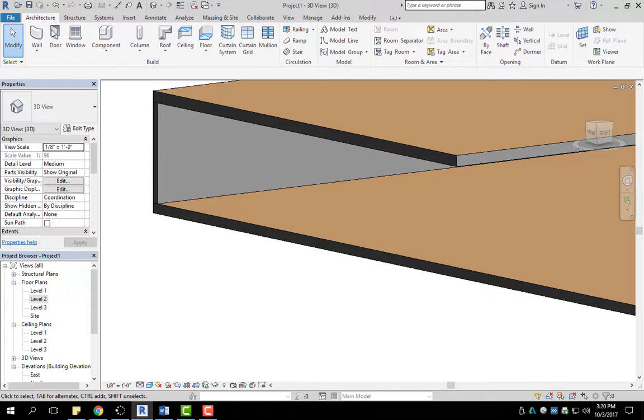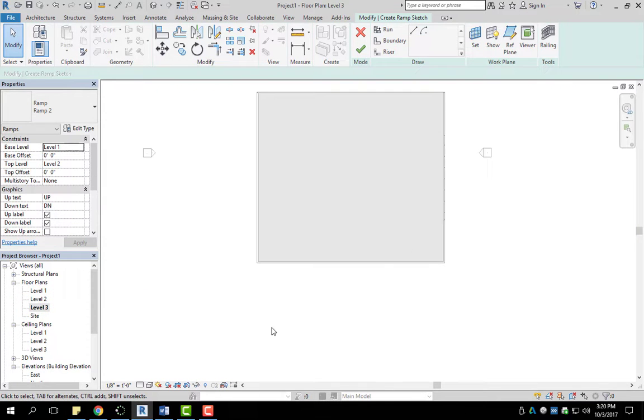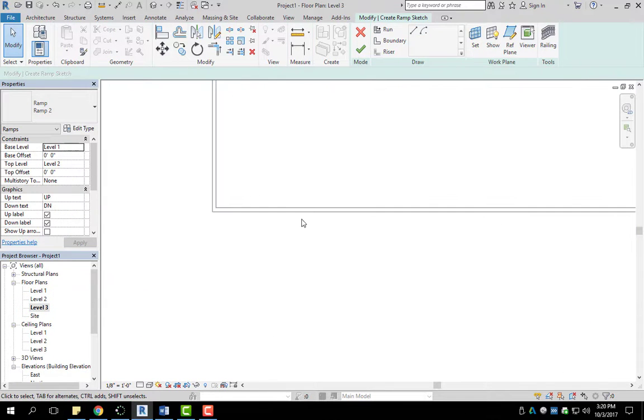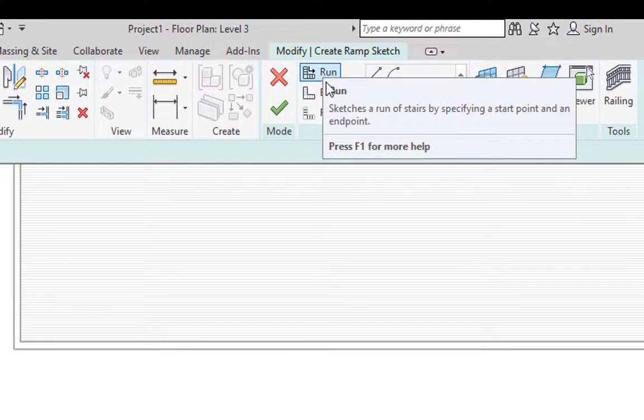So I'm going to go to the Architecture tab, select Ramp. I already have a level created for this base level. So I'm going to go to level 3, which is the base. And then I'm going to come over here. So right now the ramp is asking for run,